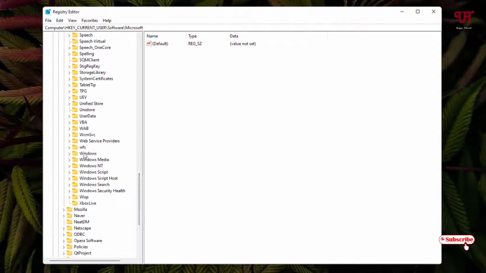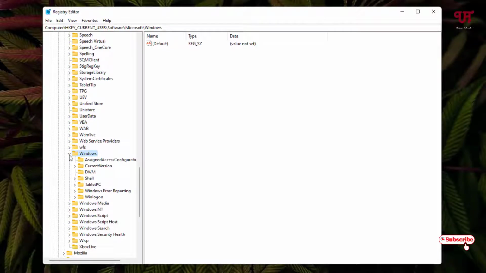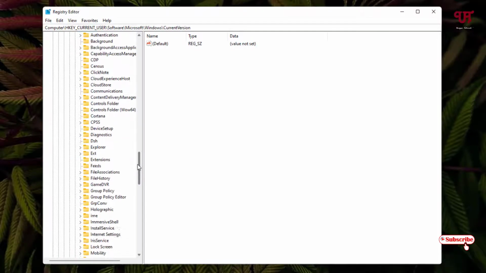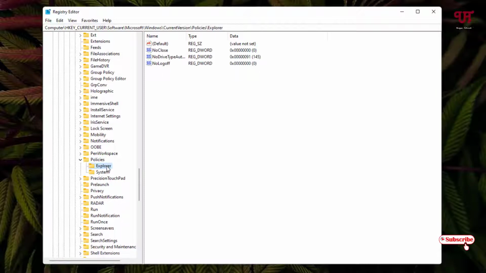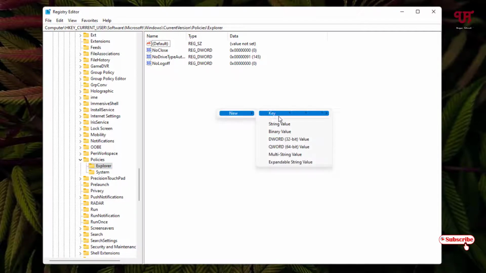Select the folder named Windows, and once again click on the arrow icon, and now select CurrentVersion and once again click on the arrow icon, and now scroll down below and select Policies and click on the arrow icon, and now select Explorer. On the right side, just right click, select New and select DWORD (32-bit) Value,